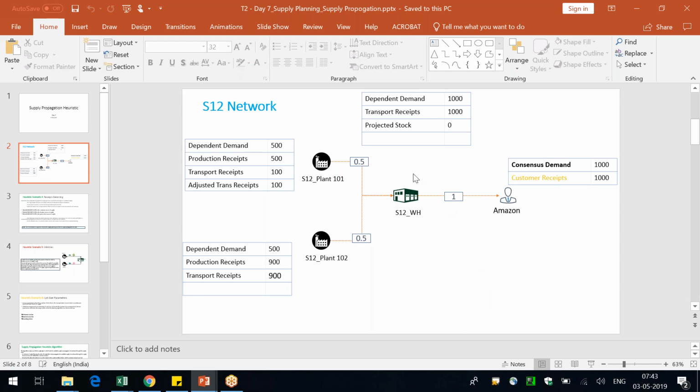For example, Amazon can have two locations connected, warehouse 1 and warehouse 2. In quarter 3, warehouse 2 is not valid. You go and maintain the records in the master data, saying that this ship-from location connecting to this customer Amazon for this product S12 is not valid, and you give a date, from this time period, quarter 1 of 2019 to quarter 3 of 2019.